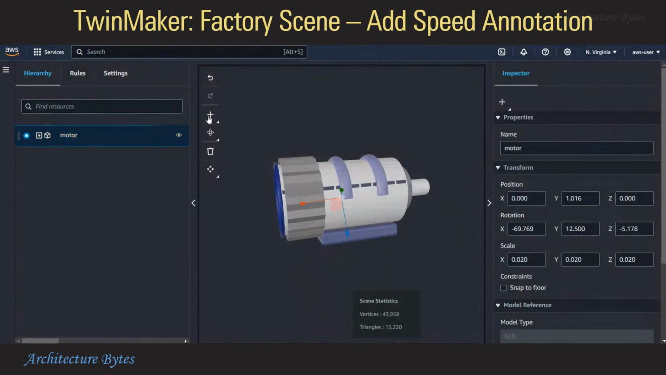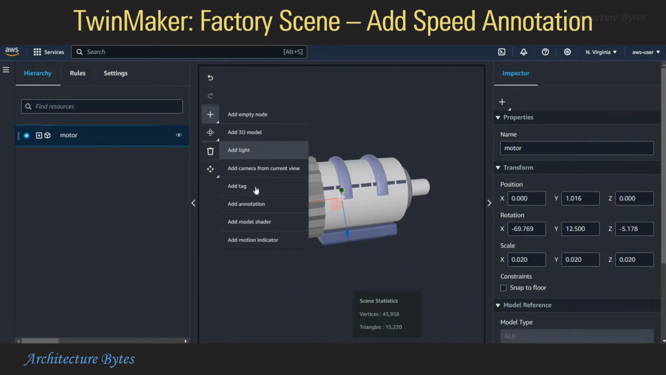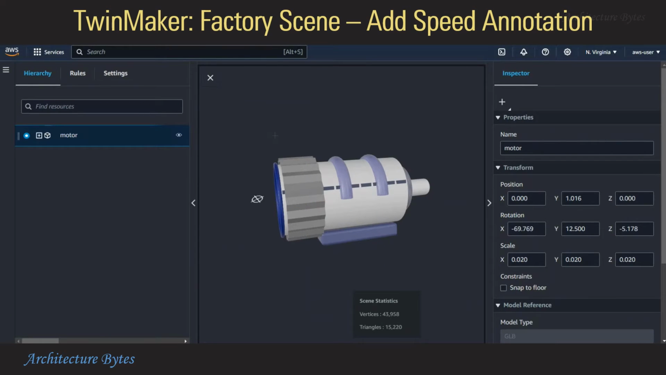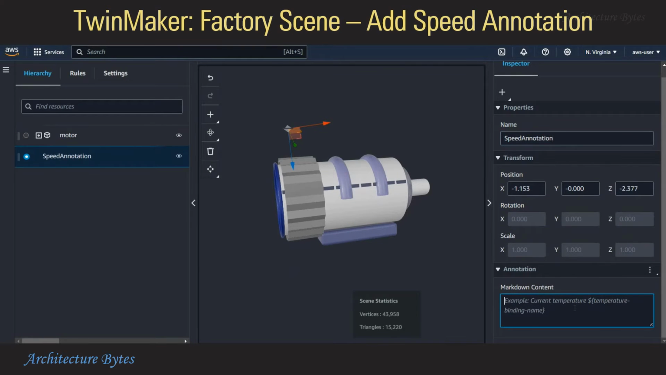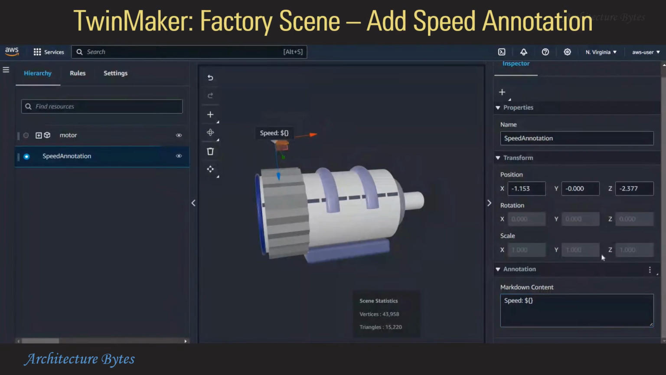Now using that plus icon, let's select the add annotation option. So this will allow us to place an annotation on the scene. We'll provide details for that in the inspector section. So we'll rename that to speed annotation, where we want to display the current speed of the motor, right? And in the markdown section, we just write speed colon and provide a markdown dollar with curly brackets,